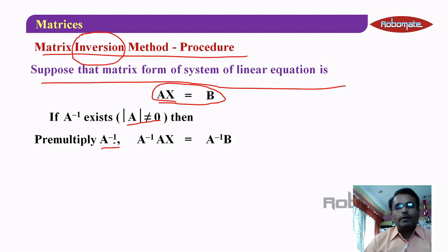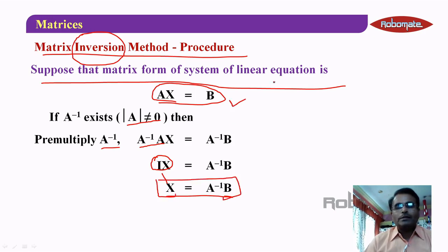So, you will observe that you get A inverse into Ax is equal to A inverse into B, but we know that A inverse into A is always I. So your equation becomes I into X is equal to A inverse into B. As we know, when any matrix is multiplied by the identity matrix, the result is the same, so IX is equal to X. So X is equal to A inverse into B. It means that if you want to obtain the solution of any system of equations Ax equal to B, then its solution is given by X is equal to A inverse into B.